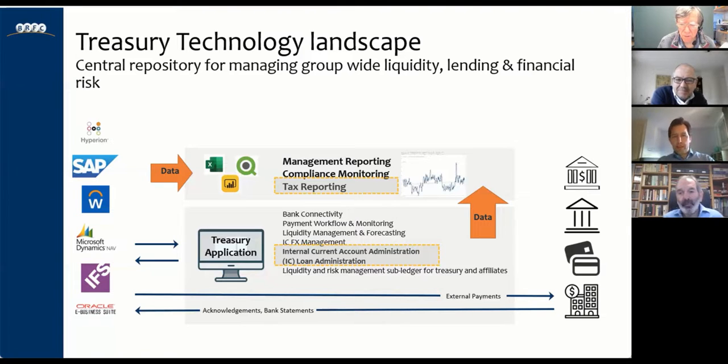Yeah, I think that Mike just made a very important point from a tax and transfer pricing perspective, that we really need support from the Treasury people to help us interpret and summarize all this information. Because as you can see, there's a huge amount of information available, but that doesn't necessarily mean that tax or transfer pricing people or tax inspectors are able to appropriately interpret what the reports mean. So I think the first step is that tax and treasury really need to talk together to understand what it is for the treasury people, what the transfer pricing people are looking for, and for the transfer pricing people to understand, well, what is the information available?